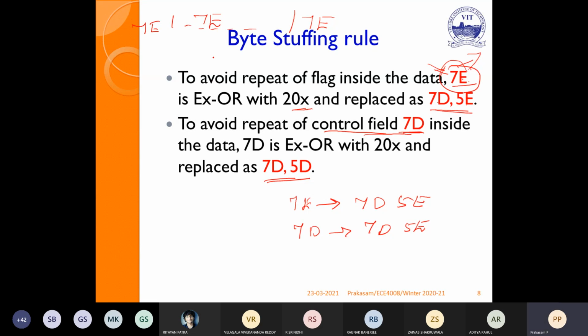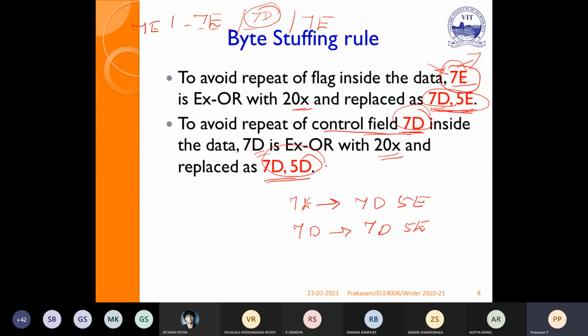To avoid confusion, in the information all the 7E will be replaced by 7D and 5E. We are adding additional bytes as hexadecimal, the byte stuffing. 70 may also occur in the information, so to avoid that, if 70 occurs, replace it with 75D, that is, XOR 70 with 20X.